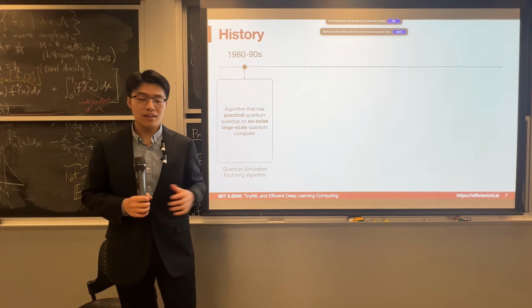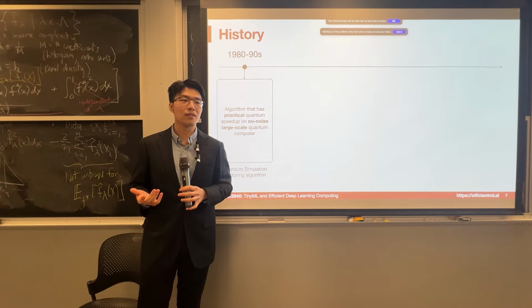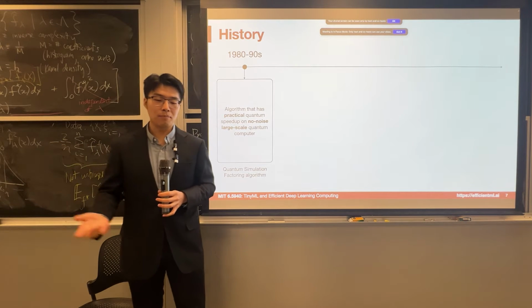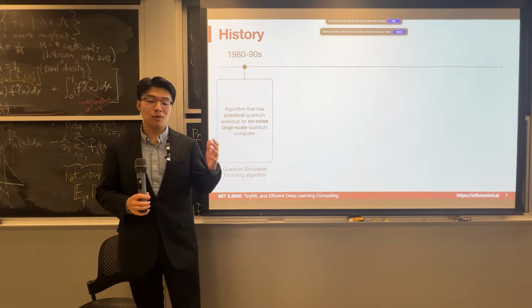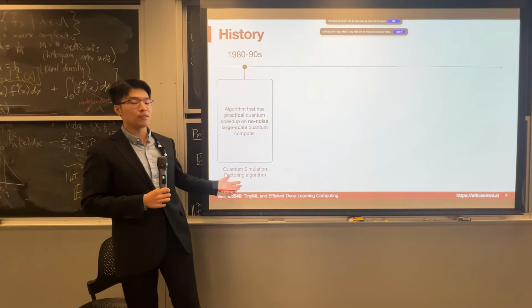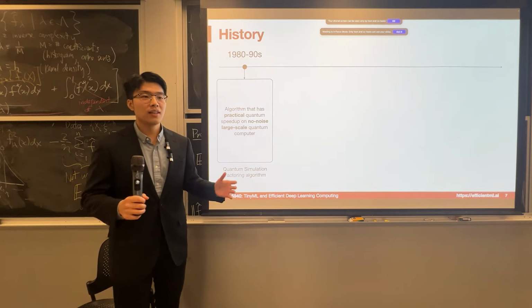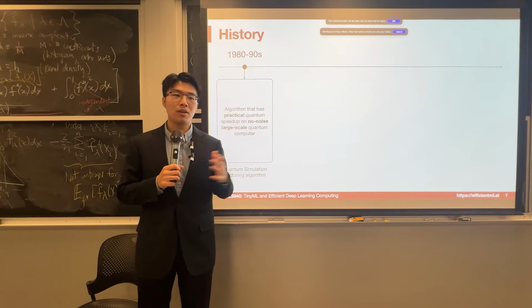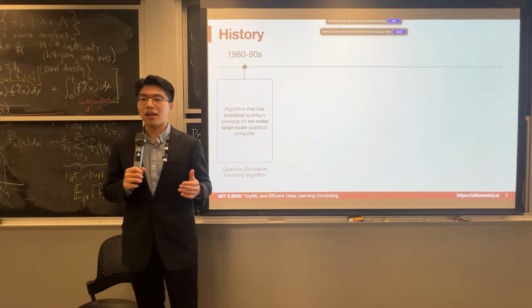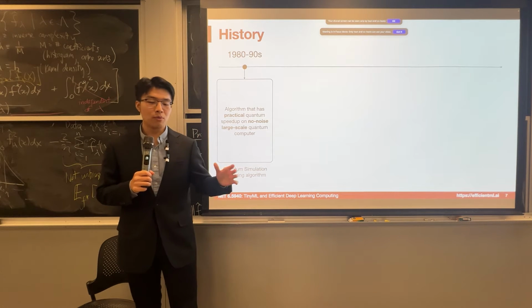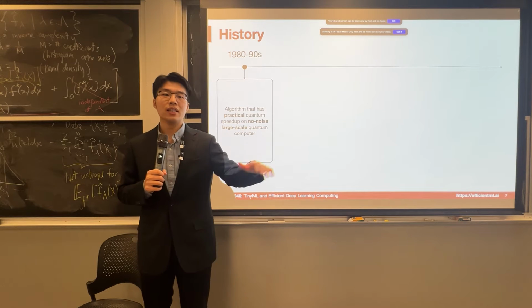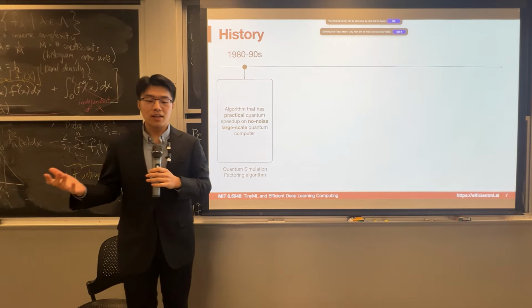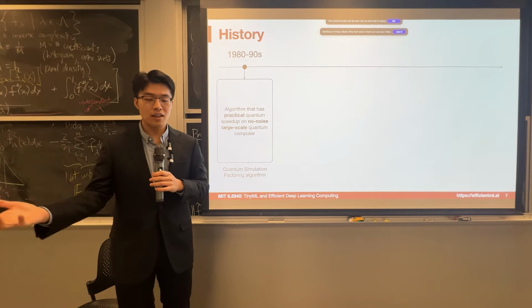Back at that time, many theorists and physicists proposed a lot of very smart and beautiful theories on how to use quantum computers. For example, we can use a quantum computer to simulate actual quantum systems. Many important systems are quantum systems. Say we want to do some chemistry simulation, and we want to know the interactions between all the molecules and also all the atoms in the molecule. That's actually a quantum system.